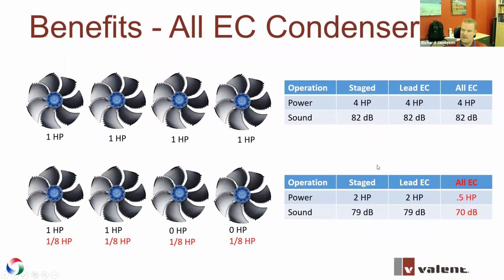But now let's say we have half the required load, right? If I just have 1 fan that modulates up and down, well, it's half the load. 2 of the fans are just going to be off. 2 of the fans are going to be on. So you've cut your horsepower in half, and your sound comes down a little bit because you've got 2 fans